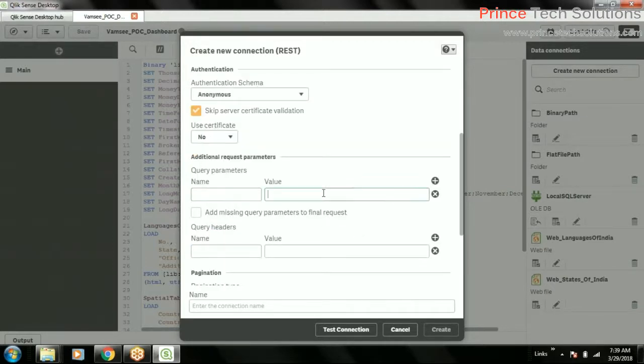And parameters. We don't have any parameter in this web service because it will simply get all the country names. We're not going to filter anything. In some web services, the methods allow you to enter a country name and then the state names will be returned. So in that case,